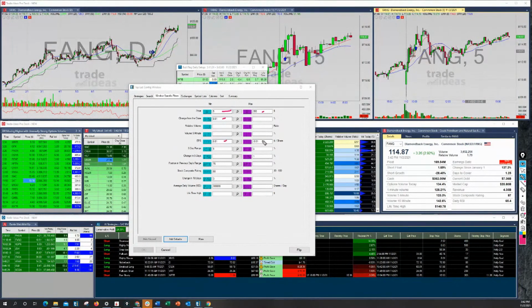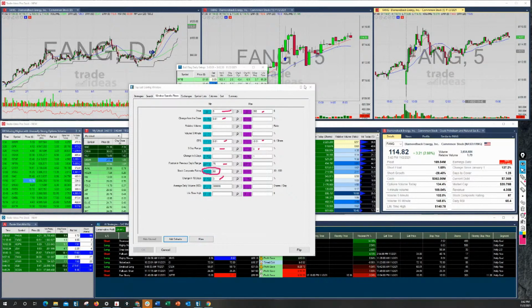Andy used some range and position filters to do this. So he gave it a price look, but today it's got to be up from the close. All right. He used an EPS hack to keep out ETFs. He used a 5 range filter here. He used a position previous days range filter here. He used a score. Andy was one of the people that created the stock composite rating, so he put that in here to get some more quality names. And he used the change in 10-day filter. Now, these aren't the only filters he could have used, but this is what he went with. It returned some decent setups and found some bull flags.